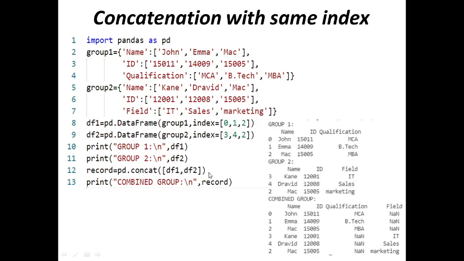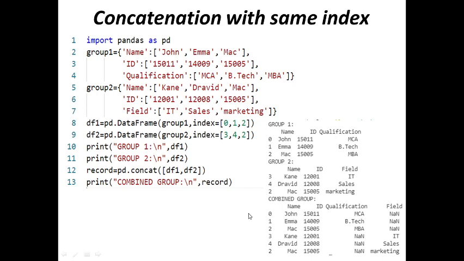So when we run this code, output will be, here you can see first data frame 0, 1, 2, second data frame 3, 4, 2, and in combined data frame we have 0, 1, 2, 3, 4, 2. So when there is same index value, that will be there in resultant data frame separately. So we have two times in index value. Here you can see we have 2 and then associated values, and here again 2 then